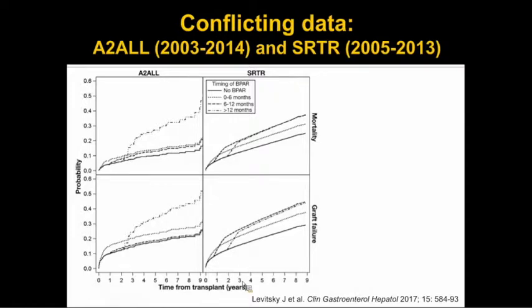Graft failure is a very broad term. Did they define graft failure in any way? What are they looking for exactly? That's an excellent question. I don't recall in this study how it was defined. There are earlier studies where it was really like need for retransplantation or so on, but I don't recall for this one.